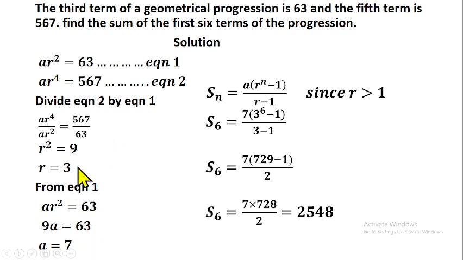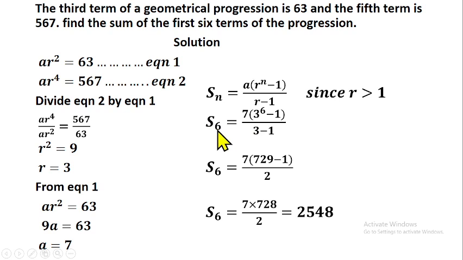3. Now that we know that, we can sum the first 6 terms together, because we are summing 6 terms. That means our n is 6. Out of the 3 formulas for summing terms in GP, which one are we going to use? We are going to use the one for when our r is greater than 1, because our r is 3, that means greater than 1. And that will be this formula: a into r raised to power n minus 1 over r minus 1.